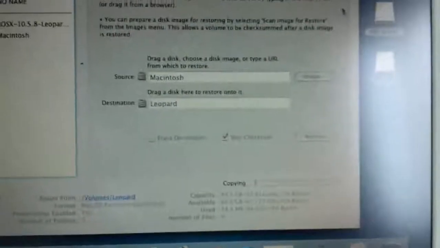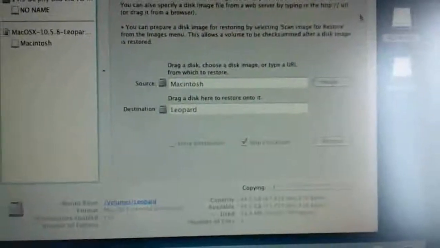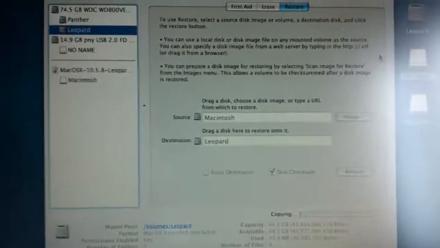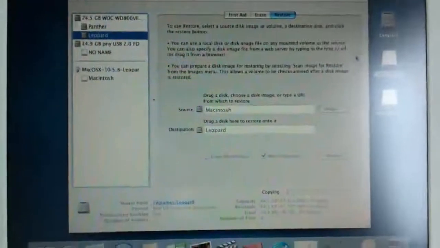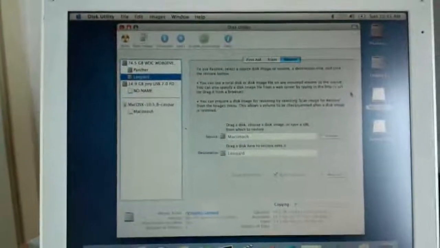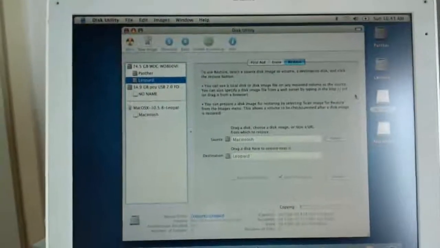And as you can see, it's starting to copy. Once that process is finished, I will be showing you what to do next. So for now, this is just the installation of Leopard on the separate disk. Like I said, if you're just going to do this with a disk or using Tiger, the only thing you